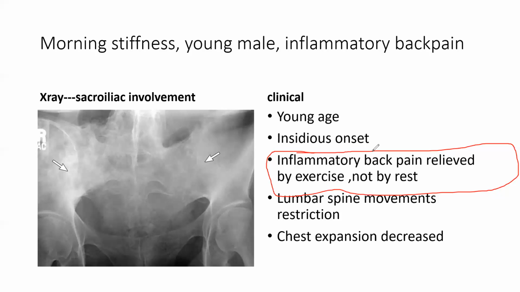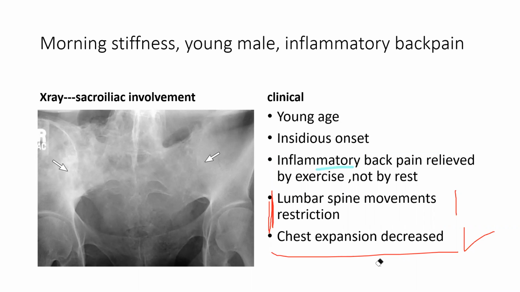Then you have lumbar spine restricted movements. Because of the fusion, everything will be restricted. Chest expansion is decreased. So see, it's very difficult. You have decreased lung function, you cannot take good inspiration and expiration. Your lumbar spine is totally fused, you cannot bend too much, and you have to do exercise. So it's a death-like situation. It's better to die rather than having Angst point. It's too much pain.